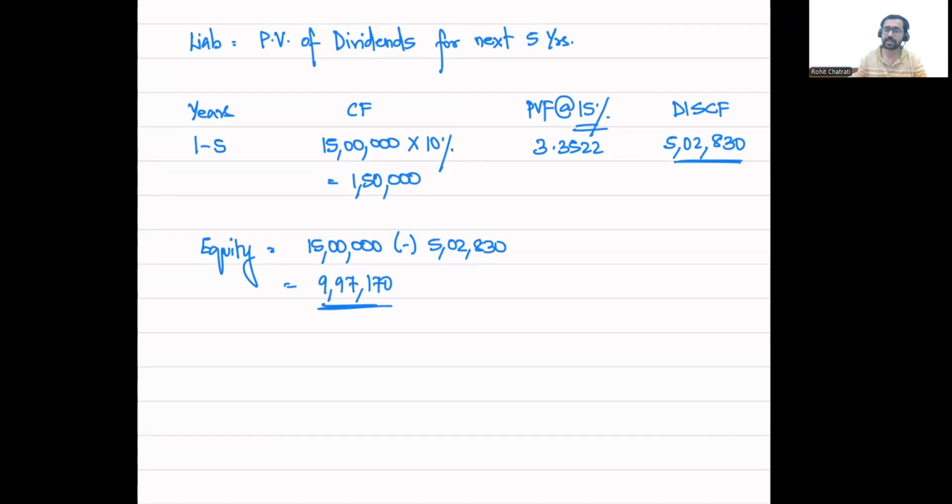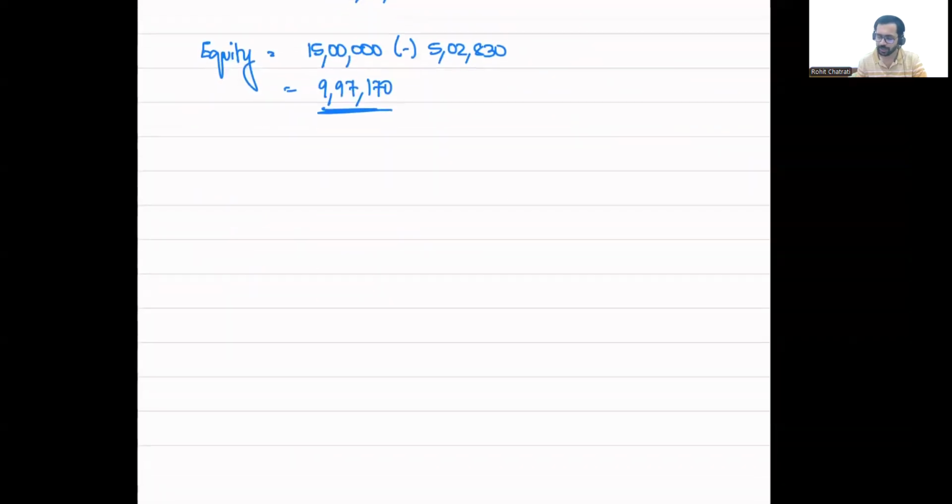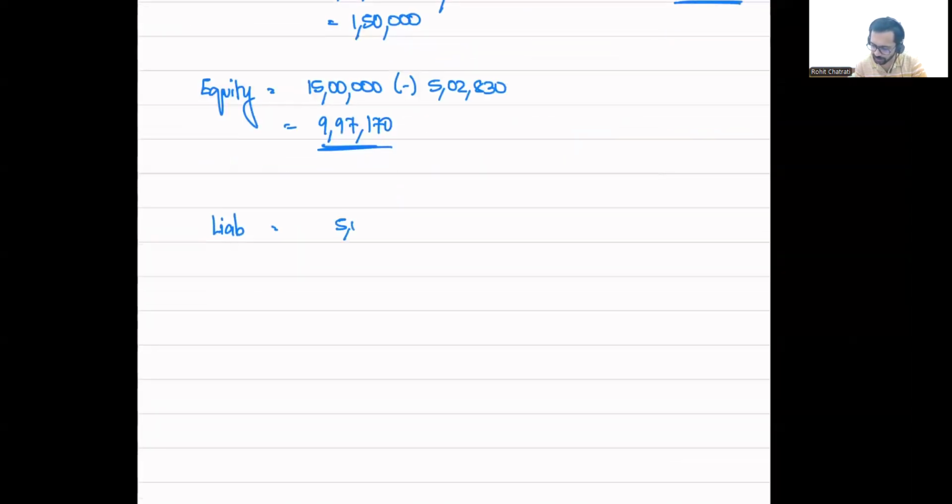and equity. Why was it a compound financial instrument? Because with respect to dividend, there was an obligation to pay cash, and hence it had the characteristic of liability, whereas with respect to the principal amount, there was no obligation to pay cash. There was an obligation to issue a fixed number of equity shares, which is the characteristic of equity instrument, and hence we classified this as a compound financial instrument, and we calculated the value of liability and that of equity. Therefore, I'm just summarizing. So liability is equal to 5,02,830, and equity is going to be equal to